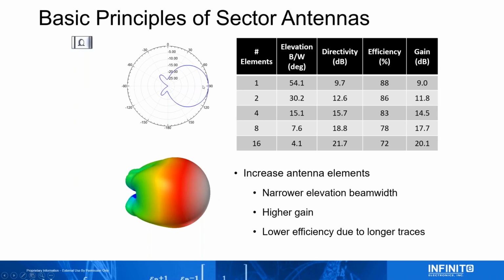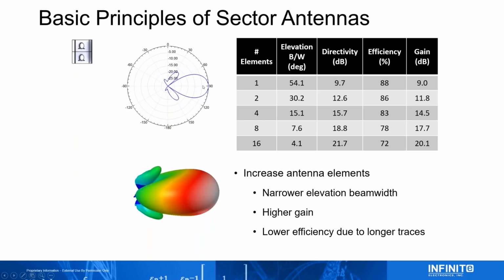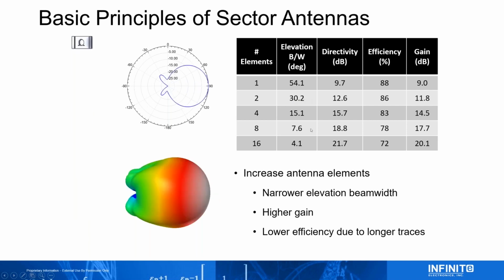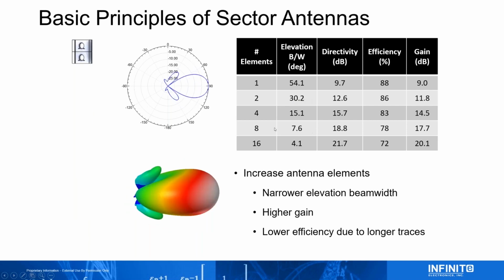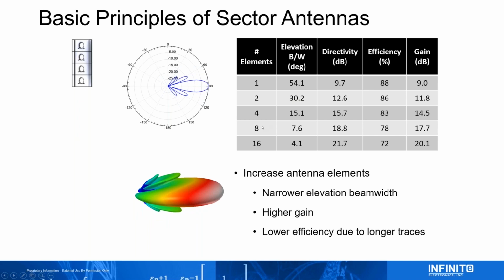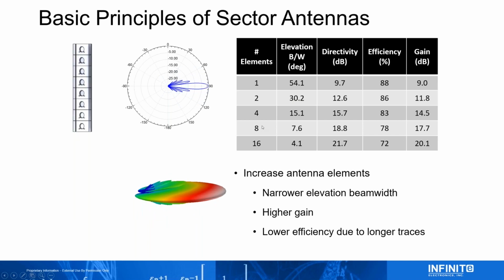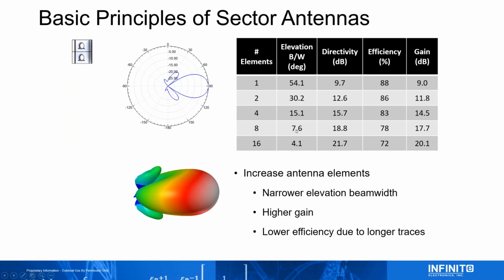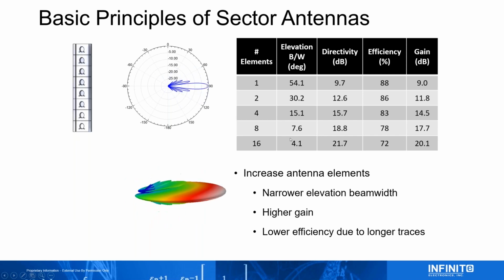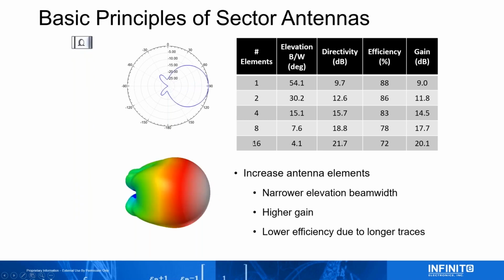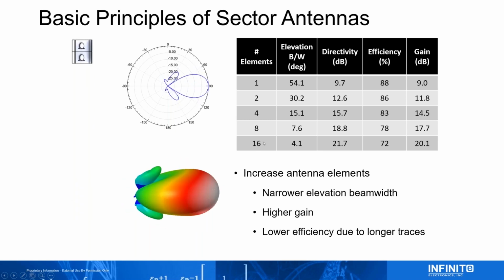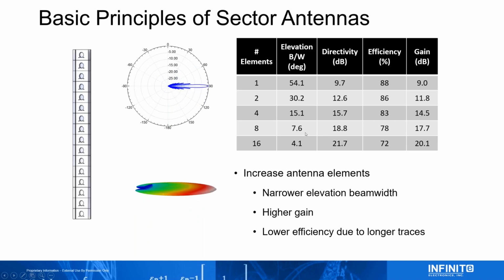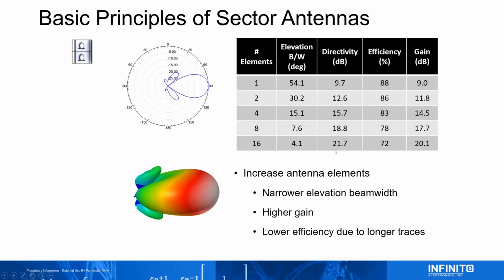from a nice wide beam width to narrower, and you get down to a 30-degree elevation beam width, and then you go down to 8 elements, you're at 7.6. So most antennas, especially at 5 gigahertz, 3 gigahertz, 2, use 8 elements, and that's why you get the beam width of 7.6. At 5 gigahertz, because of the higher frequency and lower wavelength, we can actually go up to 16 elements. We do this for our 90-degree sectors, and some at 3 gigahertz, we do this for 12 elements, and it allows you to get a nice narrow beam width and increase the gain just a little bit